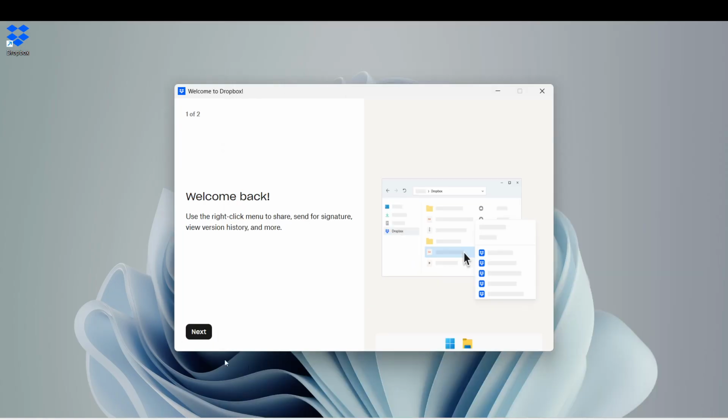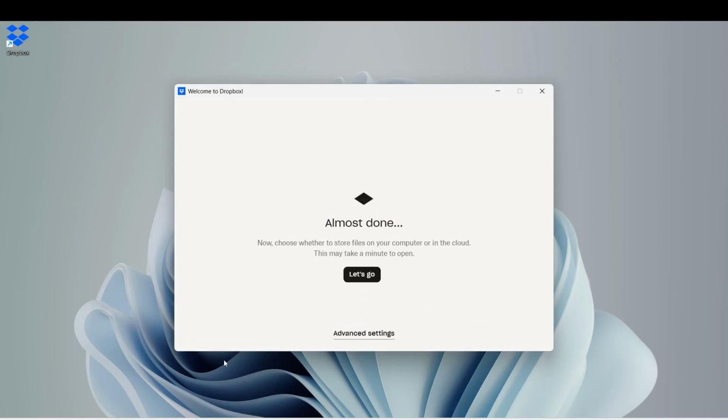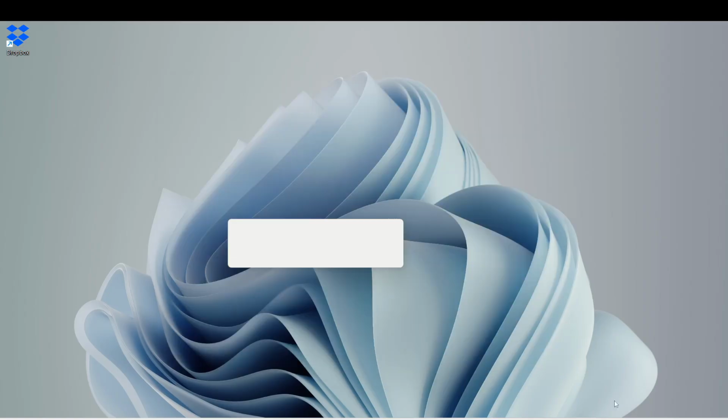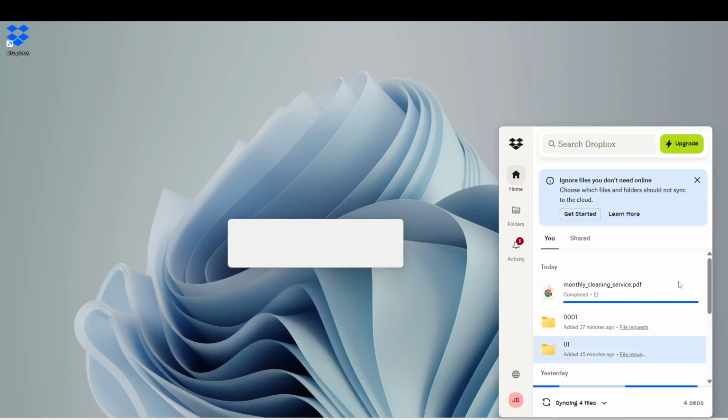Finally, click Sign In. This action will take you into your new Dropbox account, allowing you access to its files and settings. After clicking, you should see a welcoming message confirming your successful login. This final step connects you to your new account, ensuring your files are ready for use.